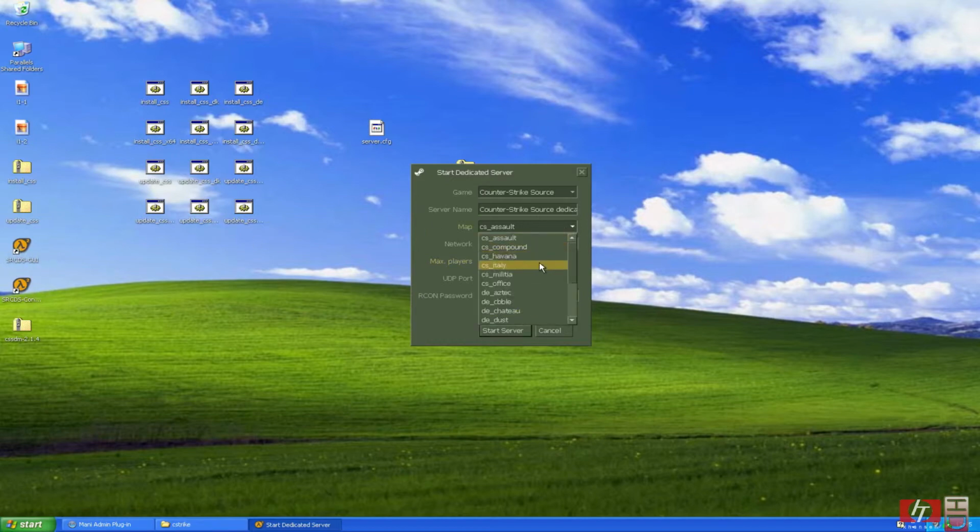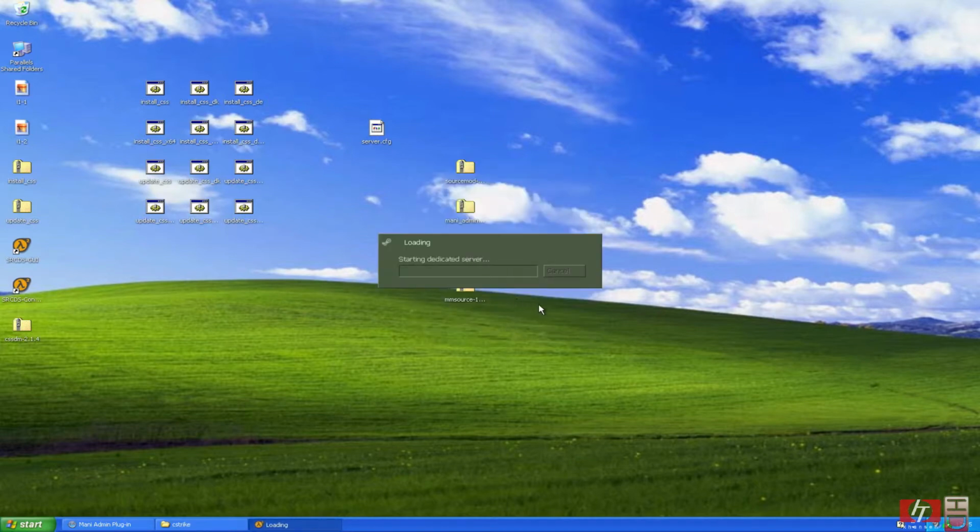So we're just going to select what I've chosen in my folder, the Archon password and Valve Anti-Cheat, this VAC security. You can just disable this if it's for LAN gaming only on your local network, but anyway, click Start Server,